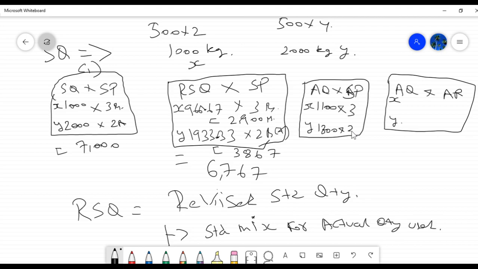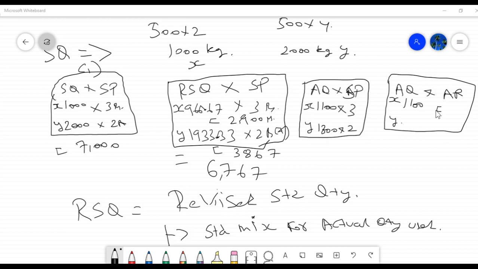Here, 1100. What is the question? For actual, what is the question? For actual, I think they gave the amount directly. If you want, you can identify the rate, the price per kg, but they gave the amount directly. I will directly take the amount. The question itself gives the amount directly: 3410,